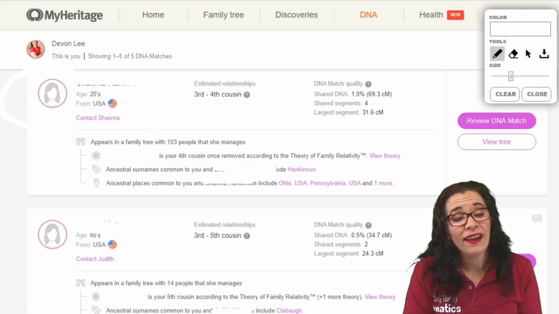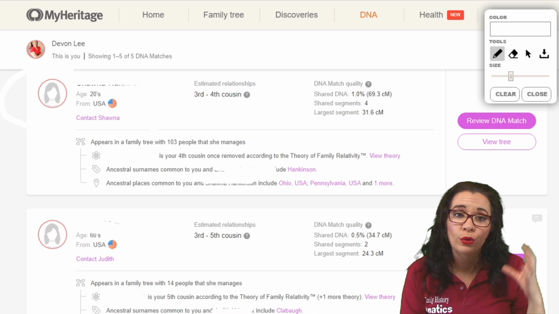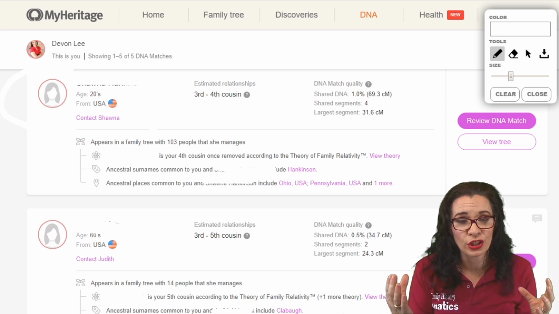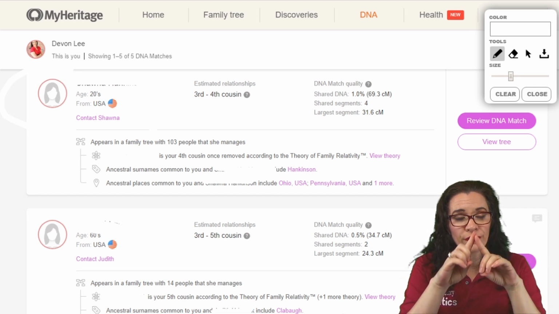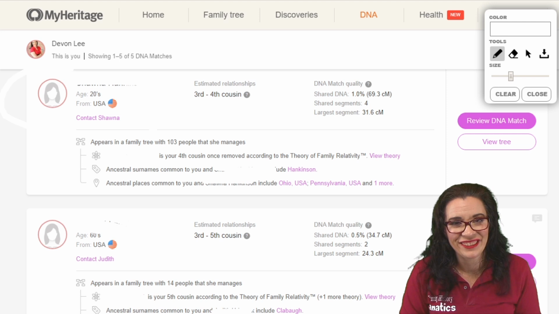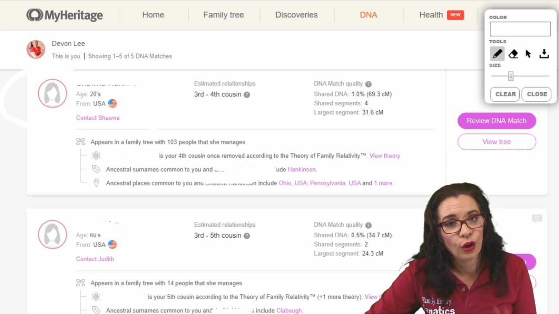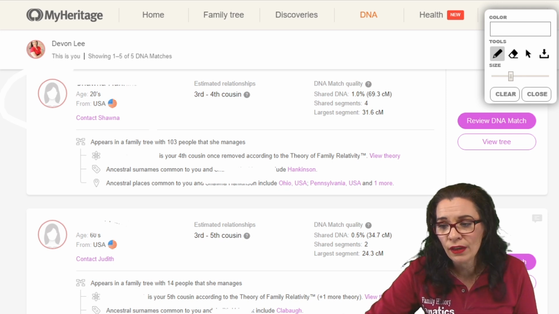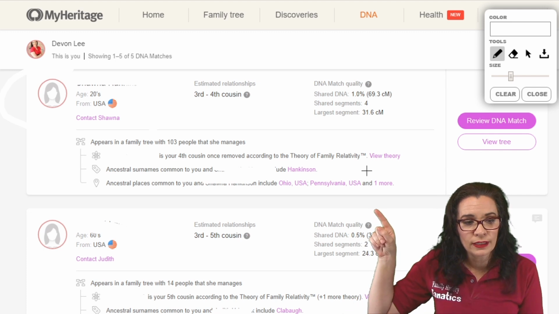on the screen. MyHeritage will then use its computer program to compare yourself and your DNA matches, starting with your trees, to see if you can find a common ancestor. And then if they can find a common ancestor through one of several ways, which I'll show you here in a moment, it will tell you in a description below their name that there is a theory of relativity. You can see this one right up here.